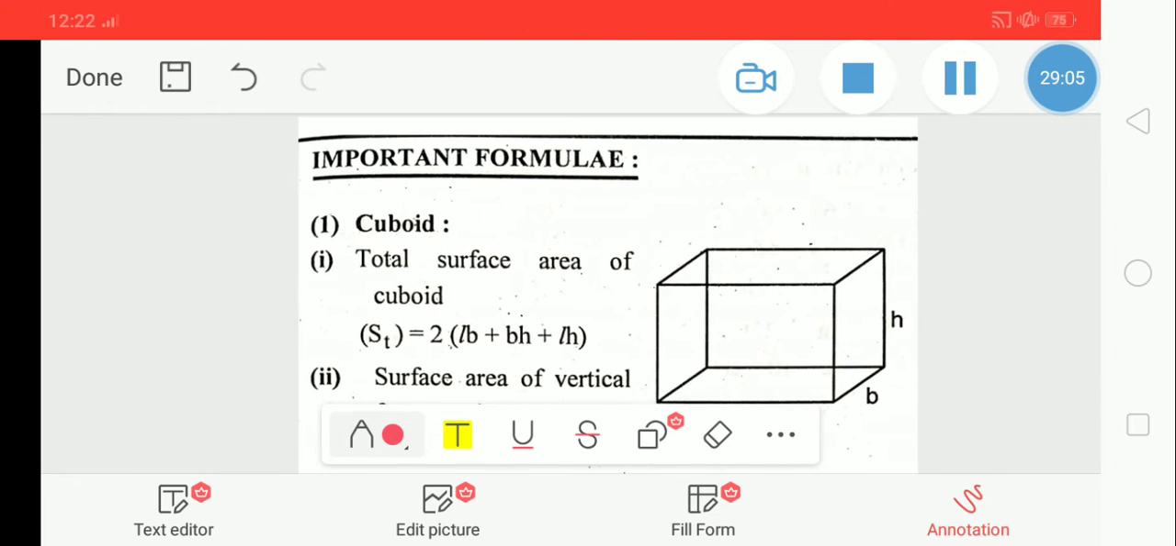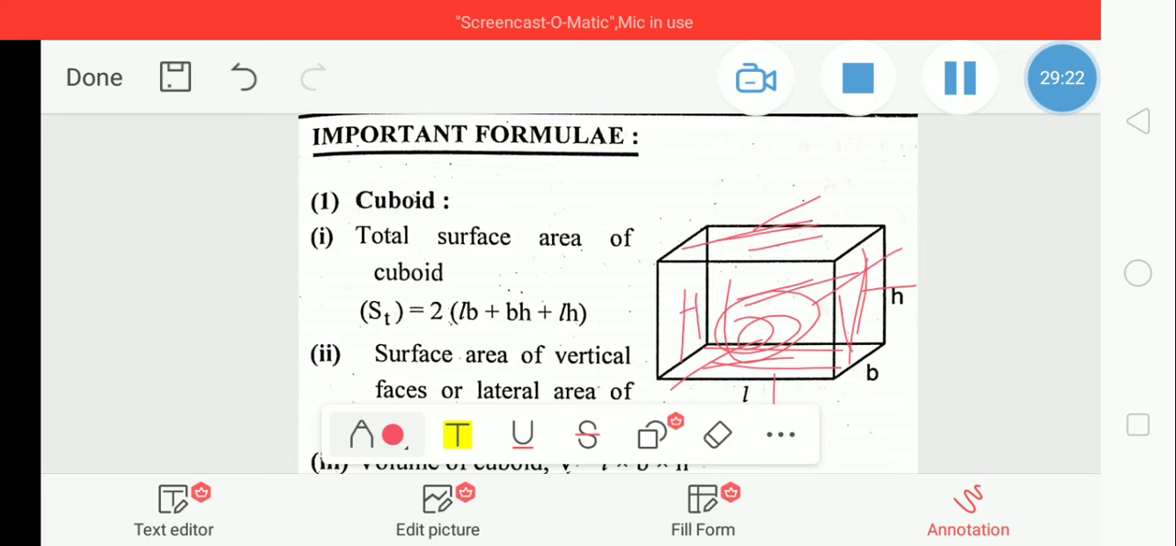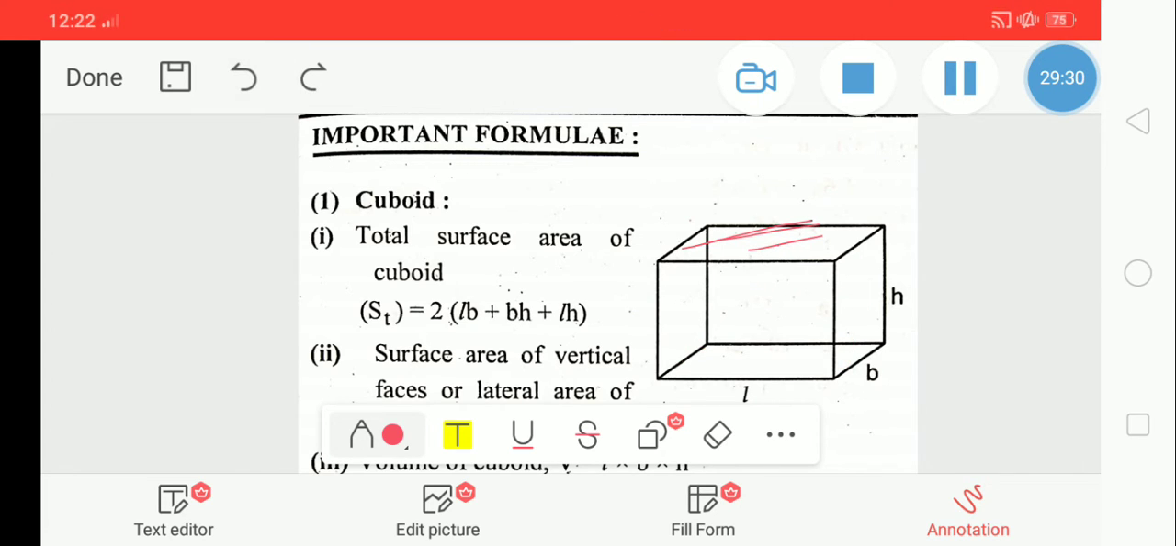Now cuboid. So total surface area of cuboid, this back side and this front side, so there are 1 2 3 4 5 and 6 sides, so 2 times LB plus BH plus LH. Means LB means this side back and upper side 2 times, B and H means side, one side face,